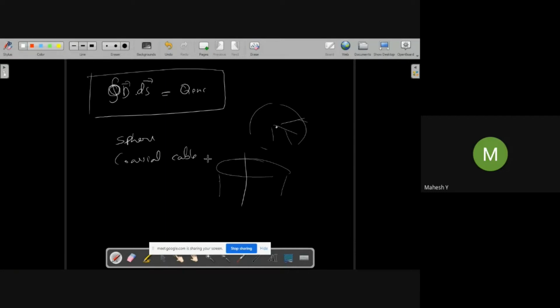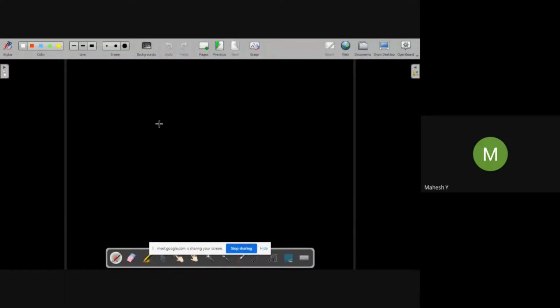Today we'll be discussing some general cases. For general cases, what we require is a generalized approach. If you want any shape, then we have to find it for a small element, then integrate over the entire surface, right? That is what we are going to derive today. So today our topic is application of